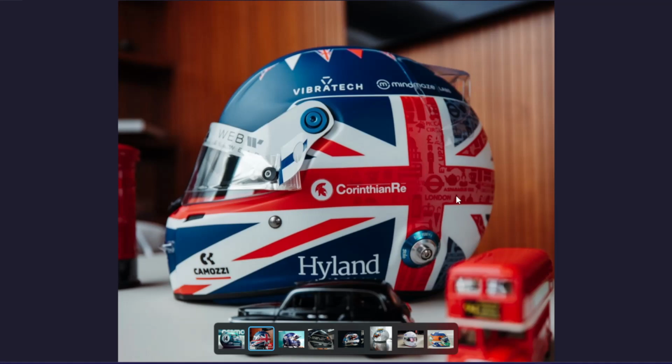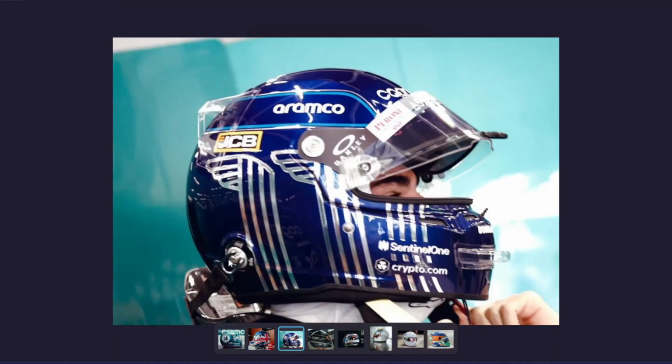Oh, that says London. What does that say? Asparagus? It's more of a London-based thing, but there you go. Wonderful. This is Lance Stroll's special helmet, and interestingly, for Special Helmet Street,